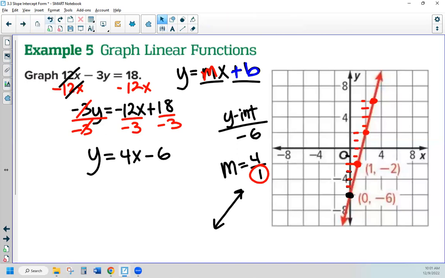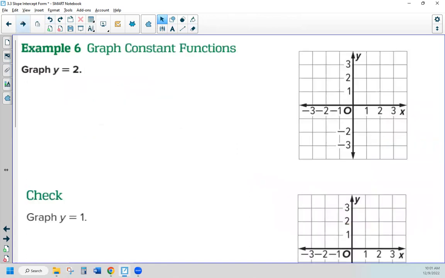Okay, hopefully we can all agree that this is a simple idea. It just requires practice. It's new. So if you think that it's still a little bit difficult, it's not, it's just new. The more you practice on your own and then you check your work after, the easier it's going to get. All right. Example number